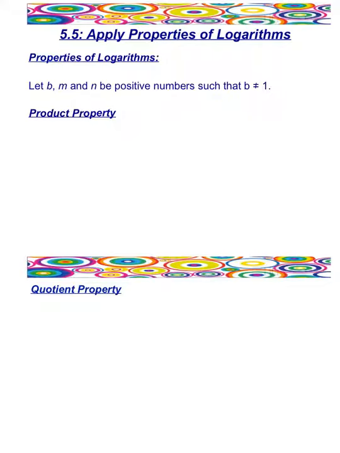First we're going to let b, m, and n be positive numbers such that b is not 1 in these properties. So the product property says that log base b of m plus log base b of n is equal to log base b of m times n. And this is our product property. So an example,